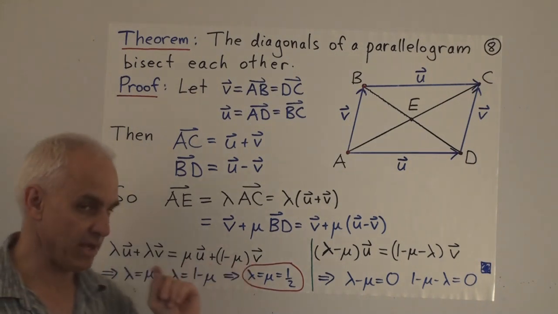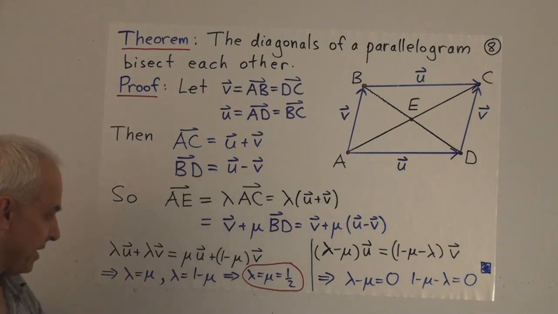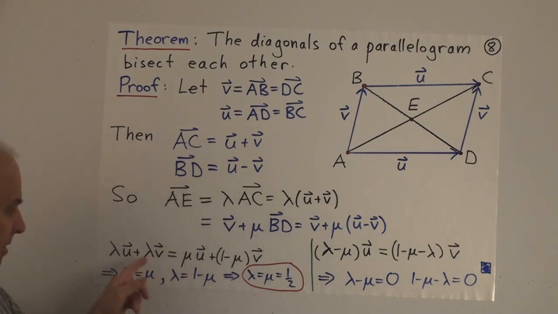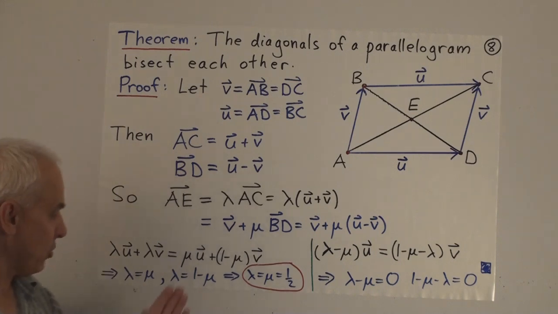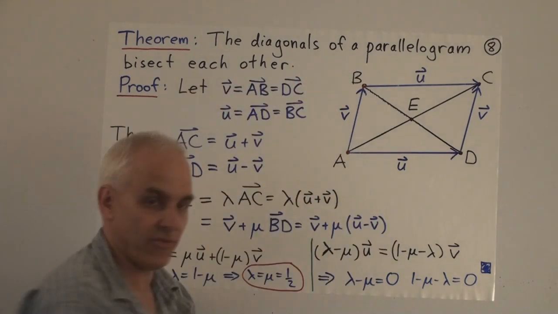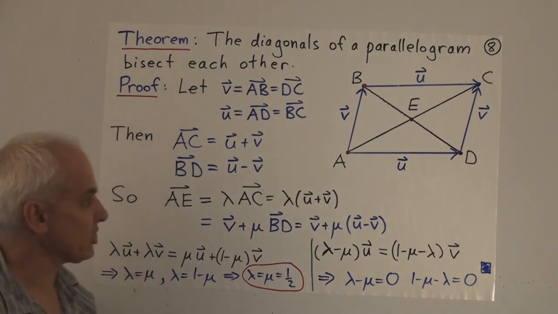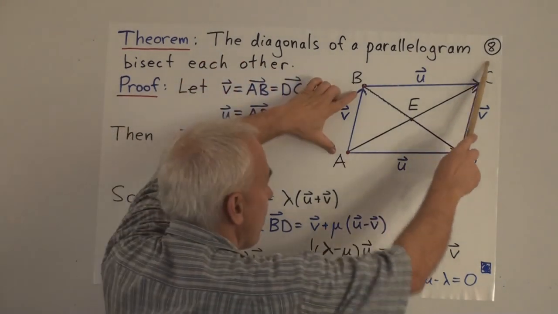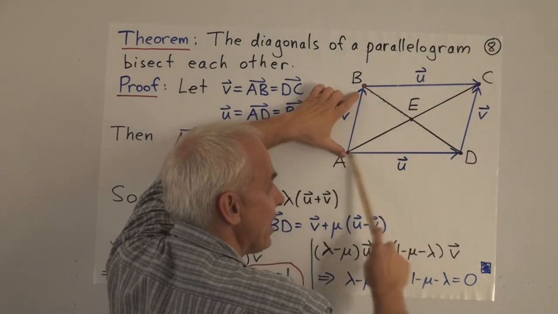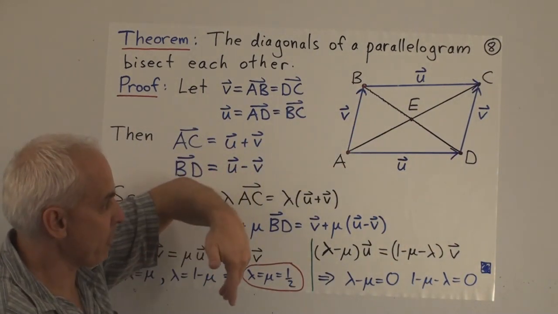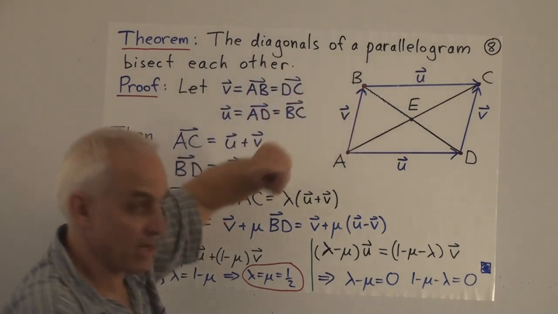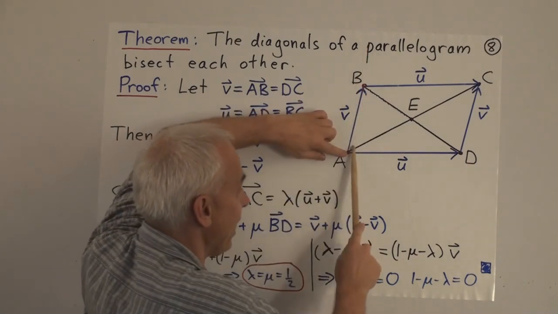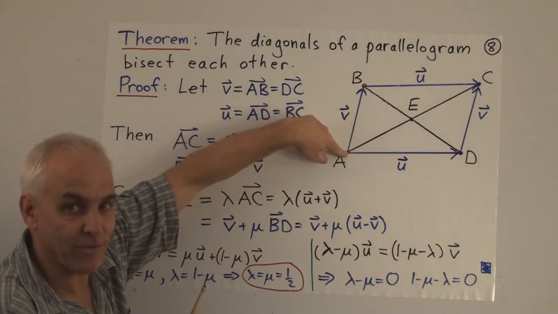And now look at this equation. We're going to make an important observation. We have a multiple of u plus another multiple of v equals another multiple of u here plus another multiple of v. Now u and v are in different directions. And if they're in different directions, then there's only one way of writing any other vector as a combination of u and v. Think of going back to our grid plane idea, that every vector in the plane can be written in exactly one way as a multiple of v and a multiple of u added together.